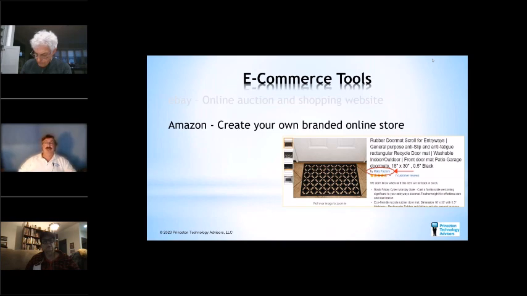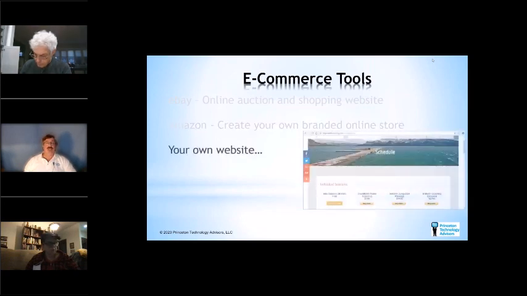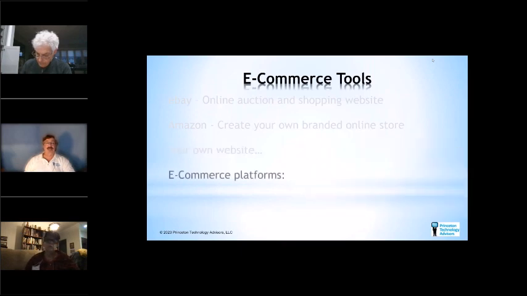What's nice is with the e-commerce tools like Amazon and eBay, they already have things like places to put customer reviews and things like that. It's all built in. So you may be able to use Amazon's for that as well. You can certainly sell on your own website, have some sort of buy it now or PayPal or something like that. You can get other e-commerce tools so that your website looks really like an e-commerce store, or you can keep it as simple as like this website that has some buttons.